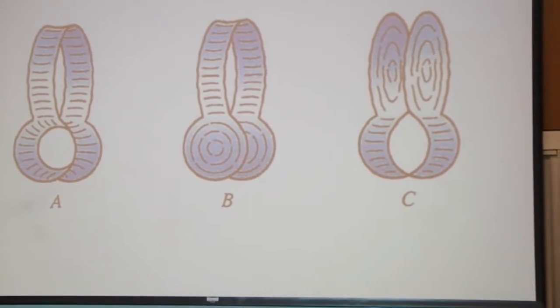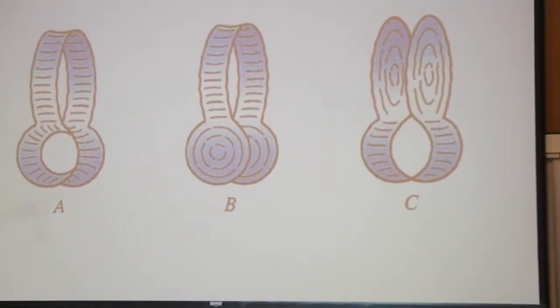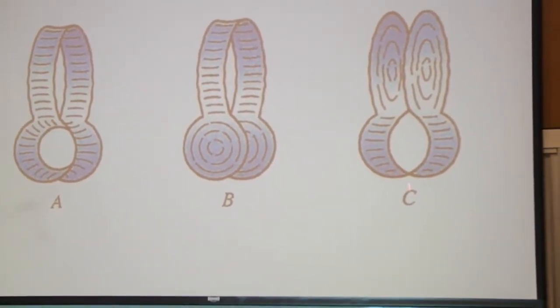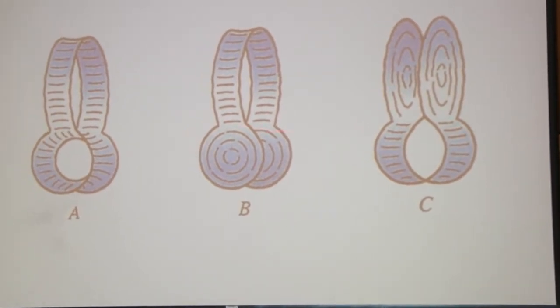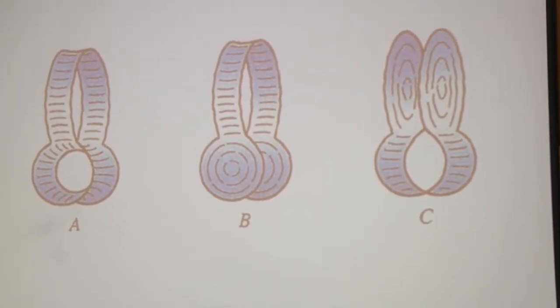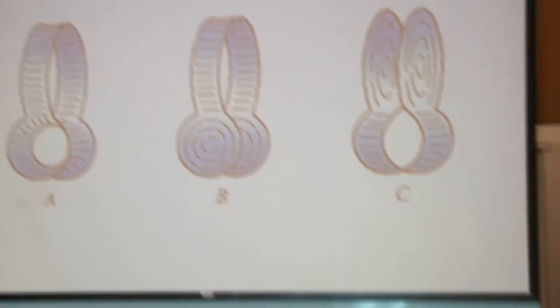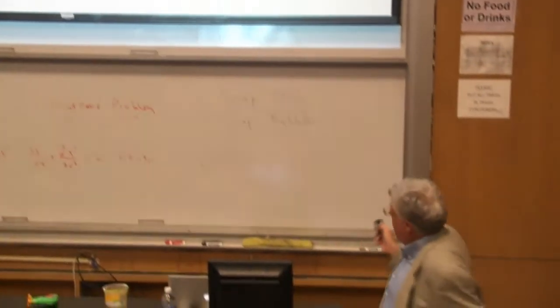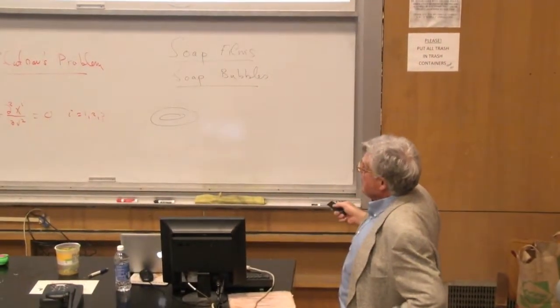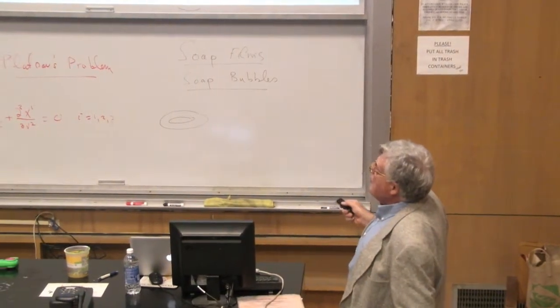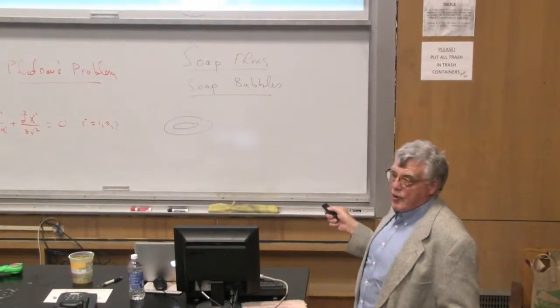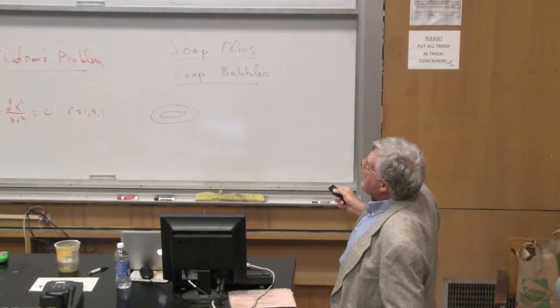Here's a disk minimal surface. Here's another disk minimal surface. So you have the same contour here, and you can actually get three types of soap film surfaces. Now, there was no theorem in the mathematical literature that says that if you have a curve